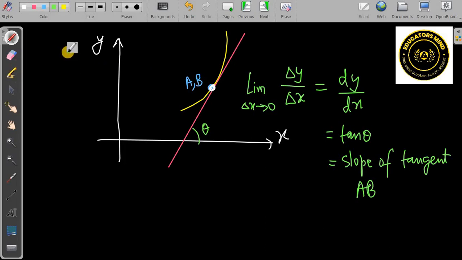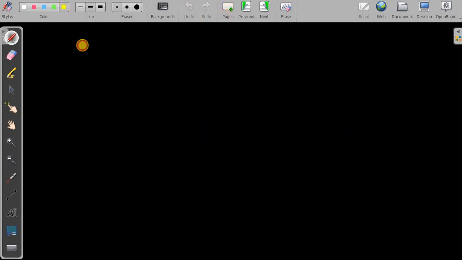So what is the main condition? The main condition here is this limit delta x tends to 0. Because of this condition, these two points are merging into one point. That's why this is no more two different points but the same point, and the line is a tangent, isn't it? This line is a tangent, right? That's the physical meaning of dy by dx. Now let us repeat what it is. So dy by dx represents